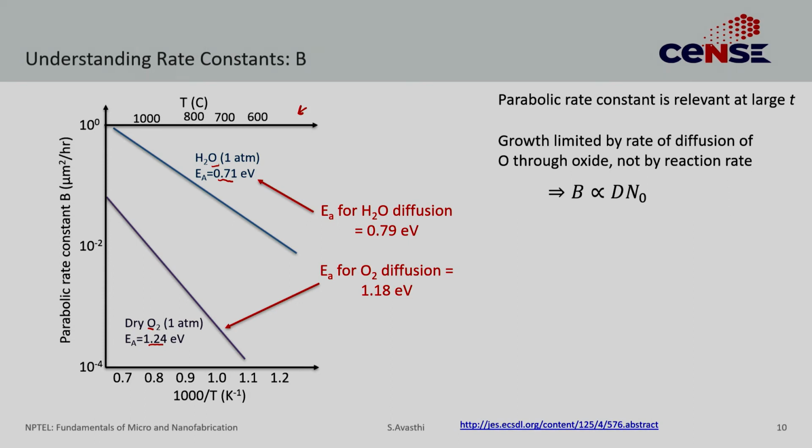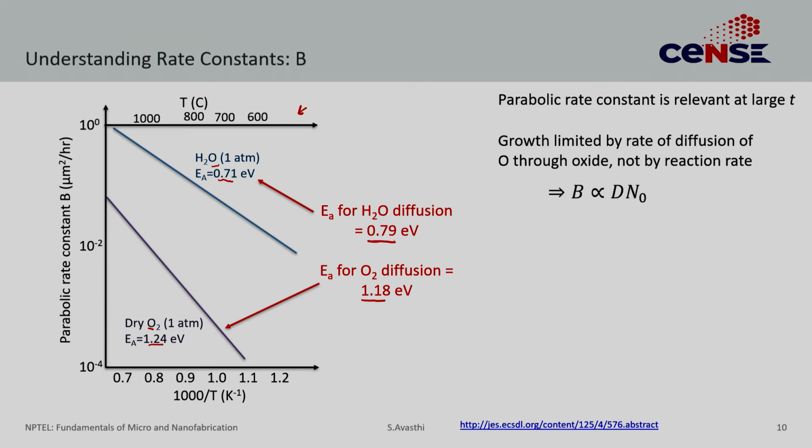Now, can we square that with the model? We can. Let us compare that with the activation energy for water diffusion in silicon dioxide. That value is 0.79. See how close that value is to what we measure. And then we also know the activation energy for oxygen diffusion in silicon dioxide, and that value is 1.18. See how close it is to the value we measure here. This is giving us a hint. This is telling us something about the mechanism. What is it telling us?